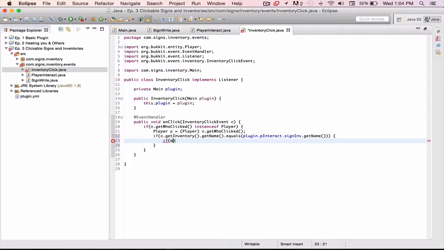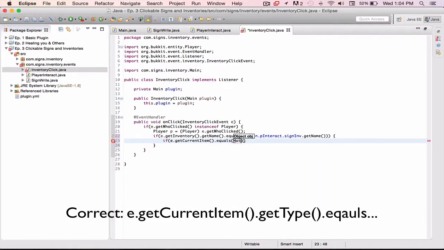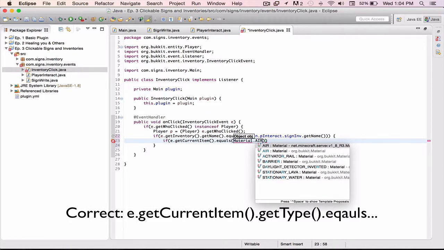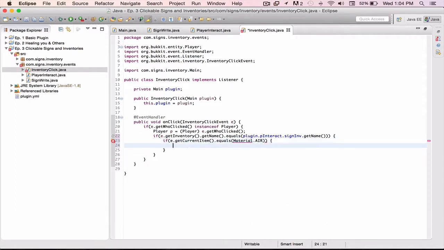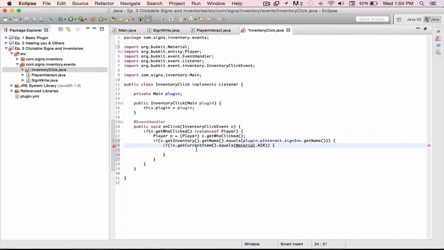So if e.getCurrentItem().equals Material.ERROR, it's going to, so now we're going to do doesn't equal, because we don't want it to be error. So if it doesn't equal error, we're going to continue. And we're going to send the player a message, and we're going to do not send block change. Whoops. .sendMessage, "You have clicked",